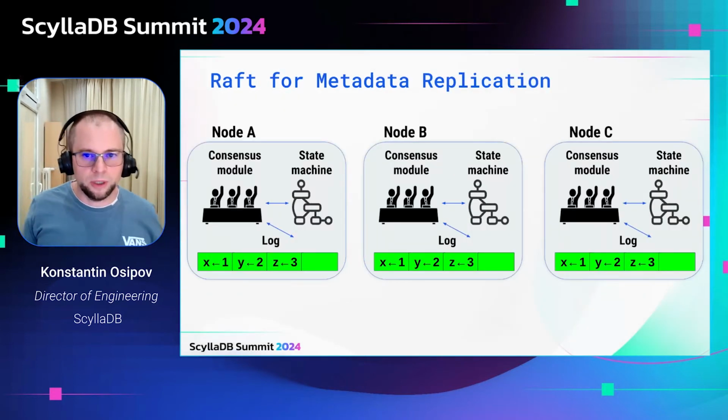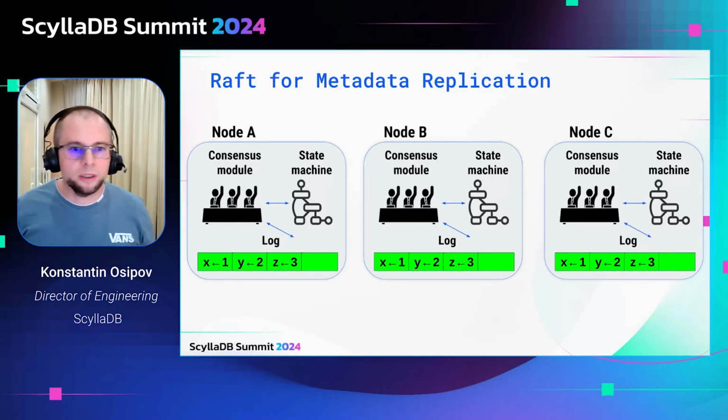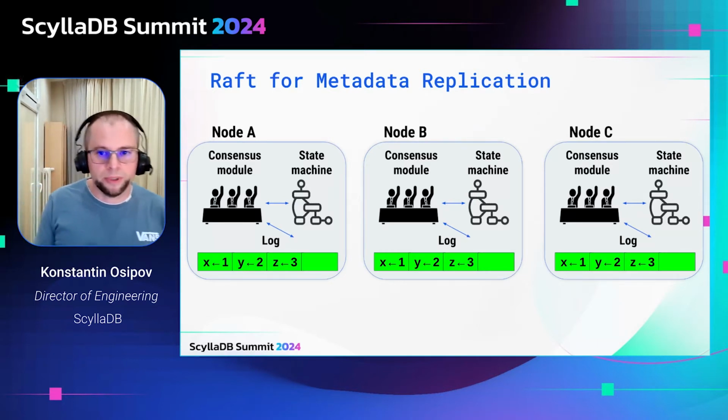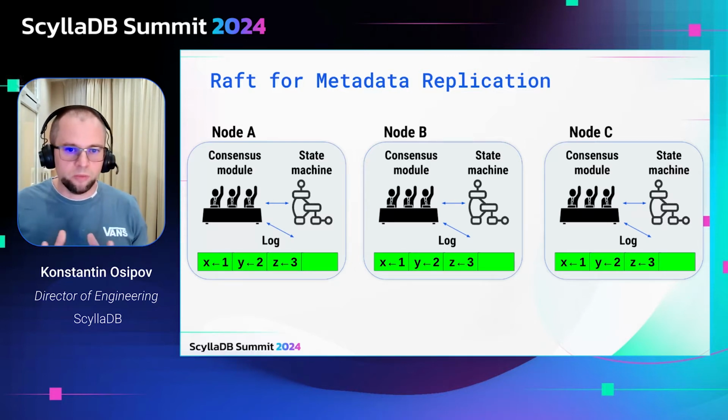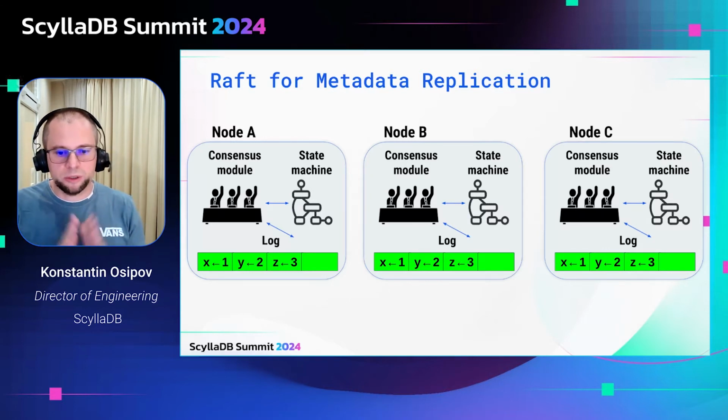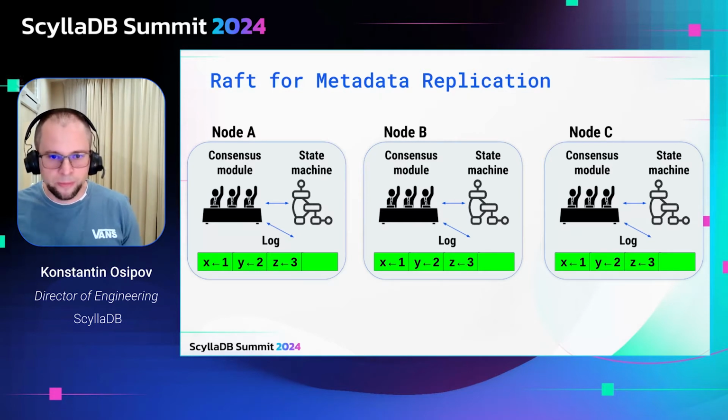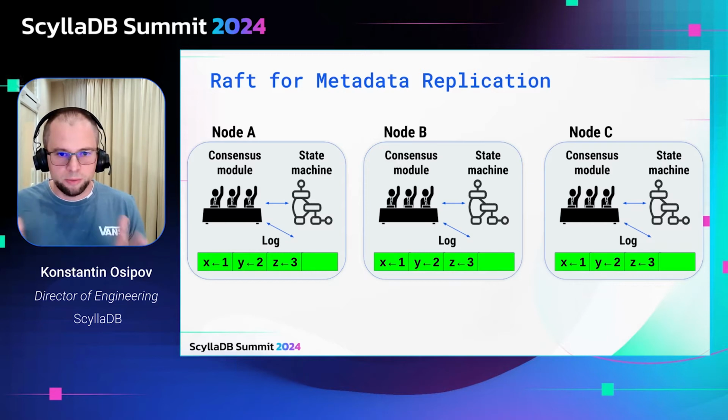Back in 2021, we embarked on a journey to bring in Raft, an algorithm and a library we implemented internally to replicate any kind of information across multiple nodes. So what's the idea of this replicated state machine? Suppose you had a program that you wanted to make reliable, and this program is deterministic: its execution depends on the input, but does not depend on the environment. So if it consumed the same inputs, it would produce the same outputs. How can you make this program distributed and reliable in the distributed sense, so that multiple nodes can run this program and get the same results?